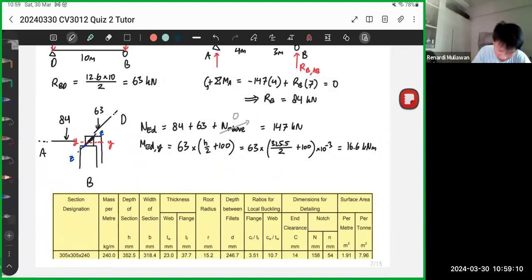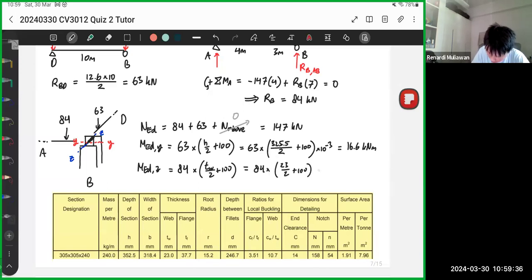Okay, so MEDY is similar. So MEDZ is similar. So 84 times... So you go to the table. So practice using the table from now on, yeah. So go to this one, go to TW. So this one, 23. So TW divided by 2, 100, 84, 23 divided by 2 plus 100 times 10 to the negative 3. So you get